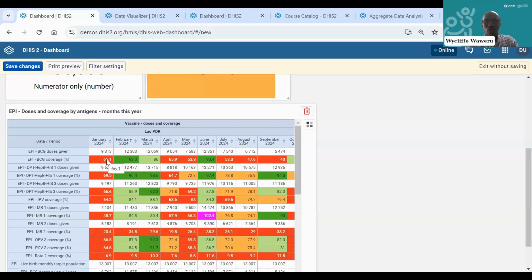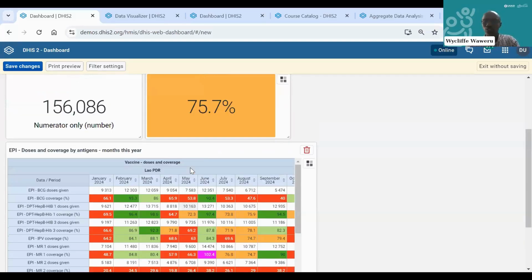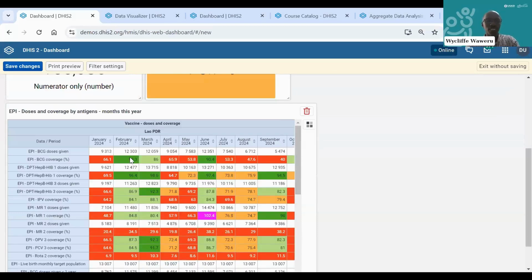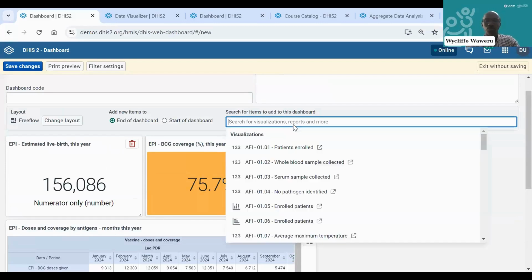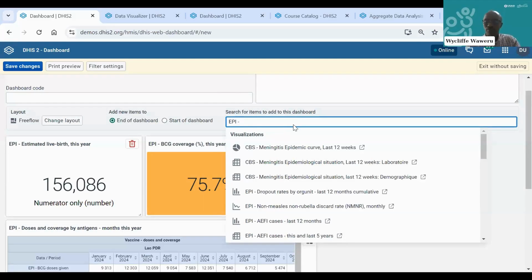And a quick tip is if you have a table, a people table in DHIS2, try as much as possible to use this traffic lighting system that says red is poor, green is okay, and this amber is sort of good. And so it's really helping you figure out, okay, yes, it seems that there are some particular months that have a problem. But again, the question we're asking ourselves as well is, are there particular areas or particular districts that have that challenge? And so